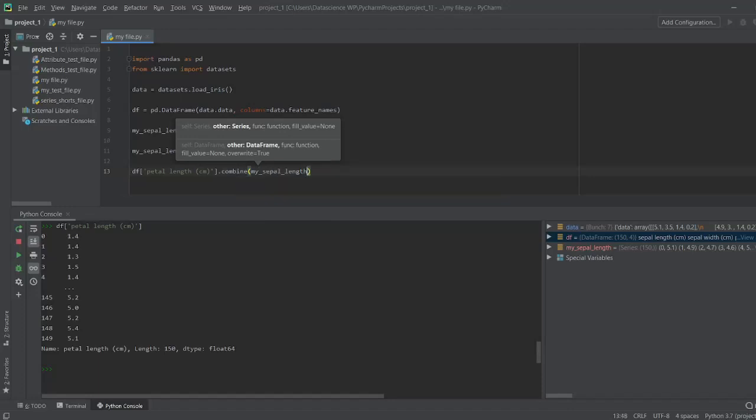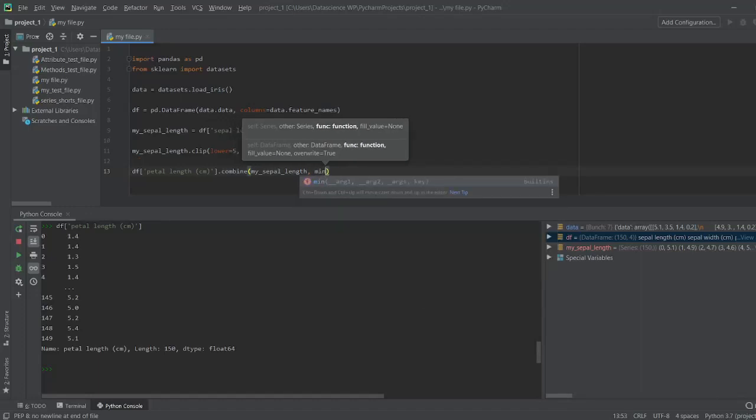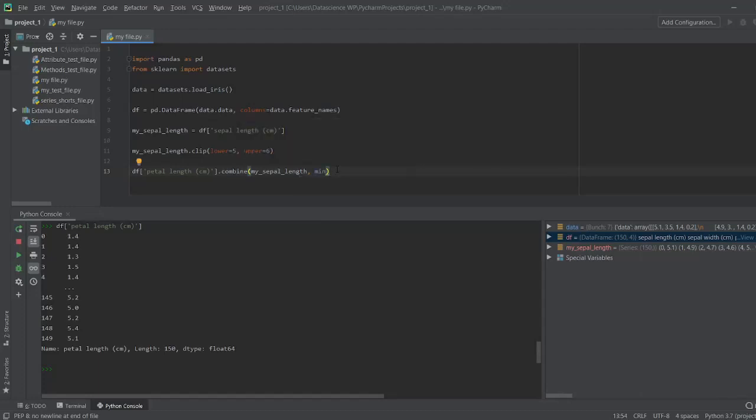So we'll say combine my sepal length, and the next is the most important thing. It is asking for a particular function. Since we wanted to combine the two series based on the minimum value, we can simply say min, because min is an internal function that we have.